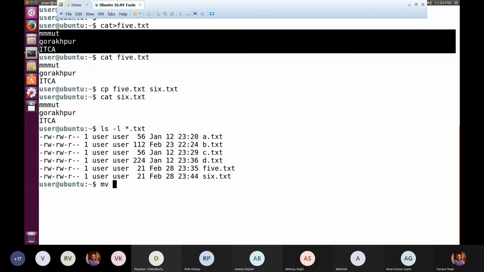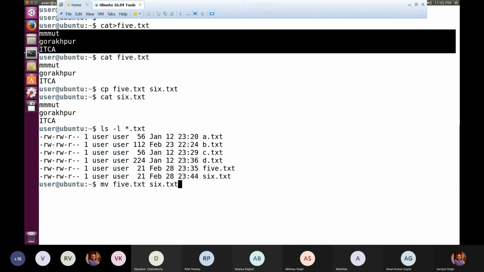Now when we write move and we write 5.txt and 6.txt, the difference is similar to cut and paste. When we are cutting, we are deleting the content from the original position, and when we are pasting it somewhere else, only then are we adding those contents. So when we write mv, it is move. We are basically moving the content of 5.txt to 6.txt. Earlier we copied the content of 5.txt to 6.txt, so there we retained the original file 5.txt too.